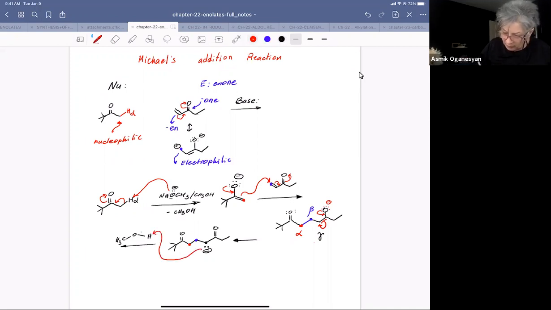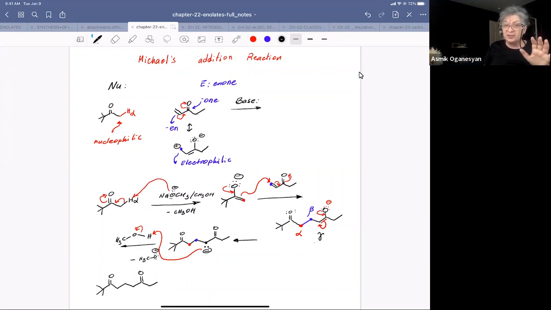Abstract the proton, form methoxide. And our product is ready to use. Okay, so